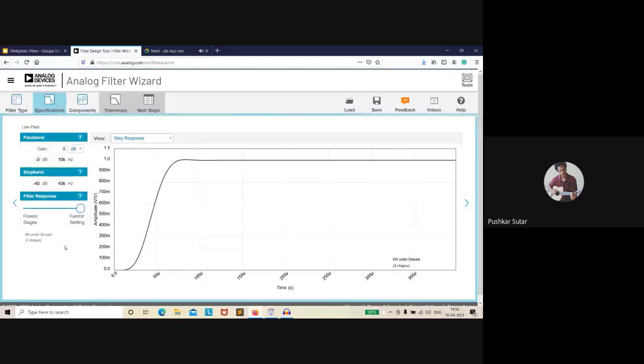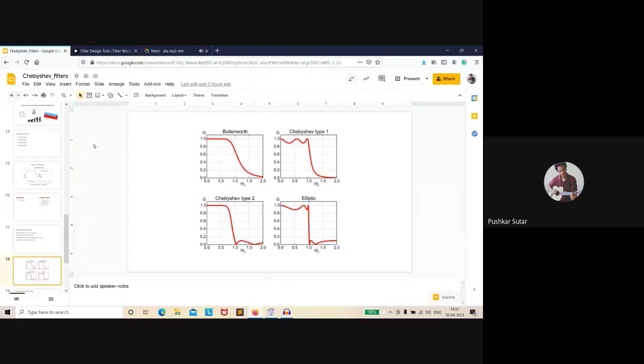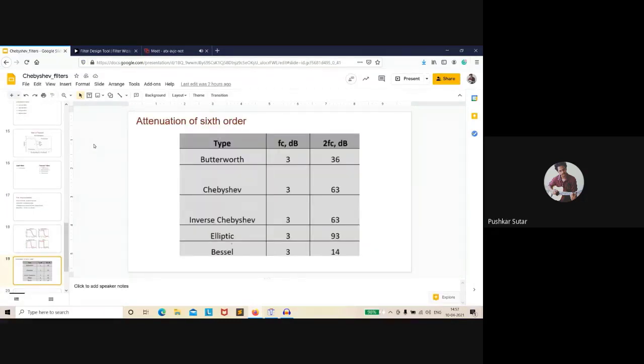So what do I mean? The phase versus frequency relationship here is almost linear, and this is therefore very good for non-sinusoidal signals. So any doubts up till here? Can you raise your hands if you understood everything? Okay, fine. The thing I explained earlier, that I need higher orders of filter in order to achieve the same kind of cutoff, is explained in this table.